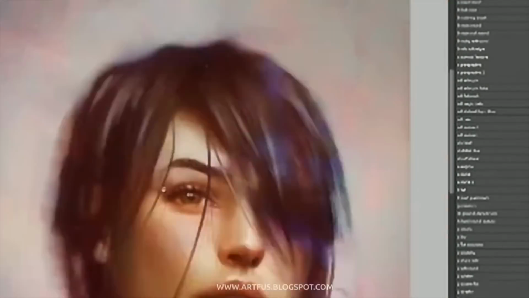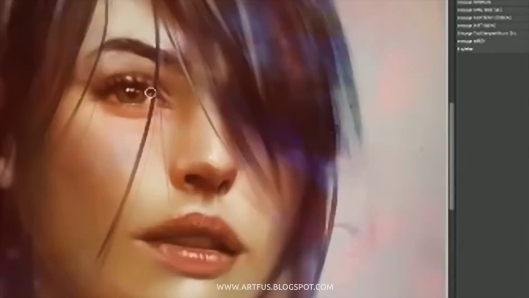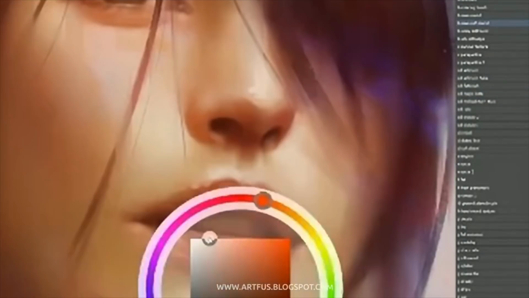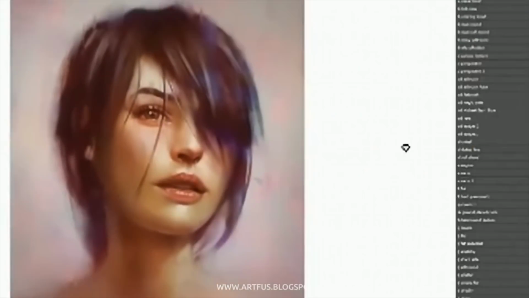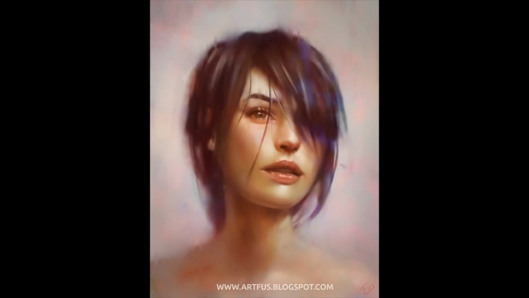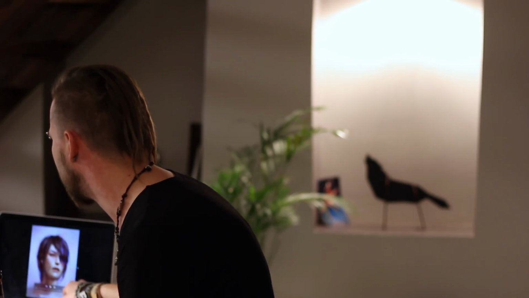Adding some last stuff and post effects in the end. So the picture is ready, but it could be ready at any other point during the slide.